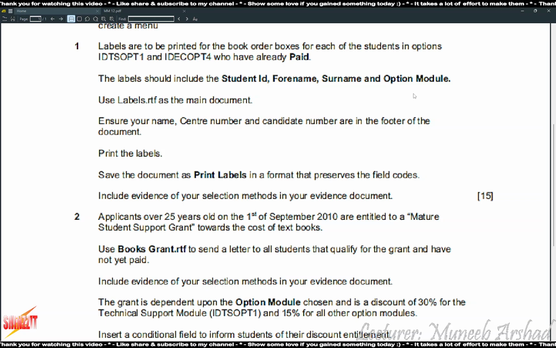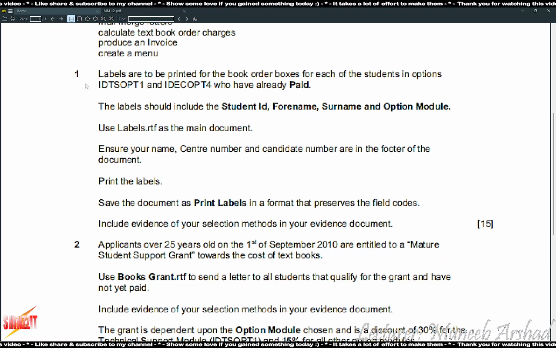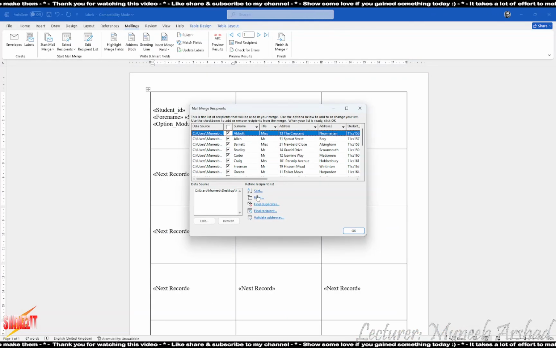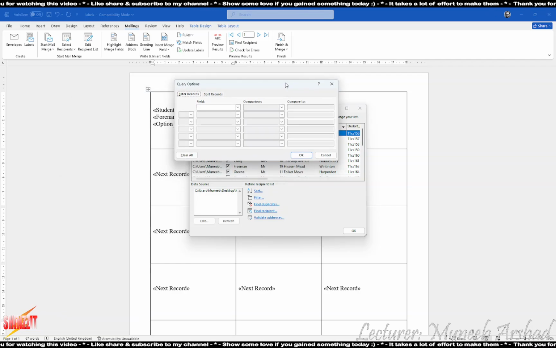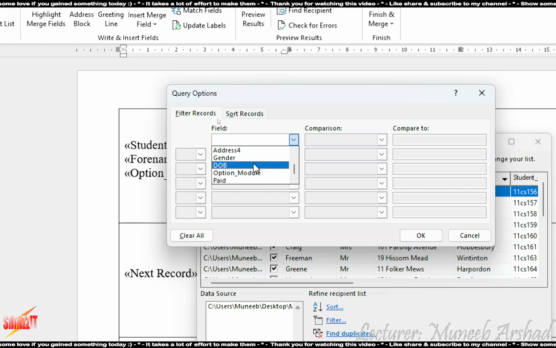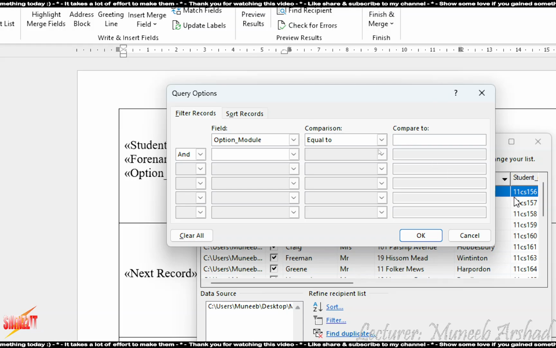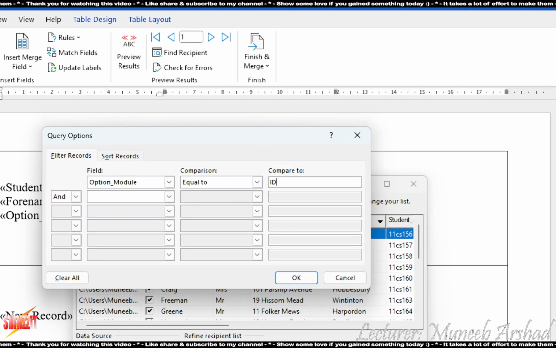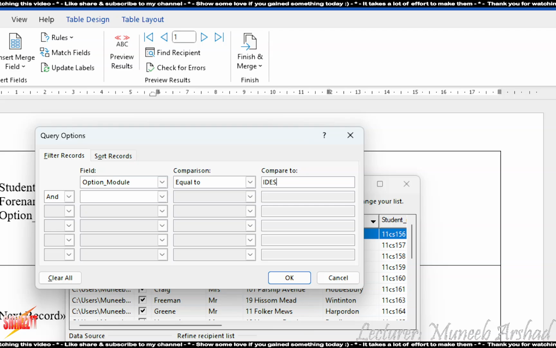Now this label is to be given to whom? It is to be sent to these people who have opted for these option modules and they have already paid. How will you do that? You go to edit recipient list and you click on filter. I'll zoom this in. Field option module equals to the first what? IDTS